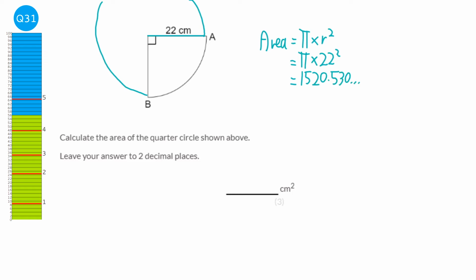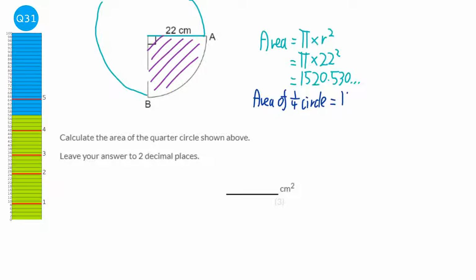1520.530 and so on. I'm going to keep that in my calculator because we don't have a full circle, we only have a quarter of a circle. So if we're looking for a quarter of a circle, what we want to do is divide that area by 4. So the area of the quarter circle